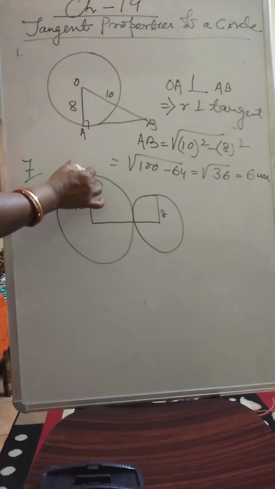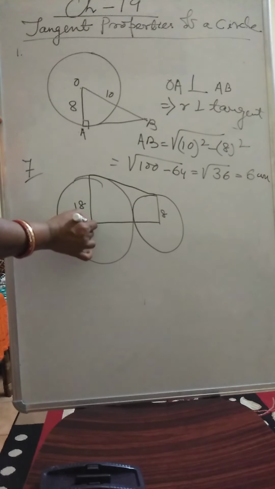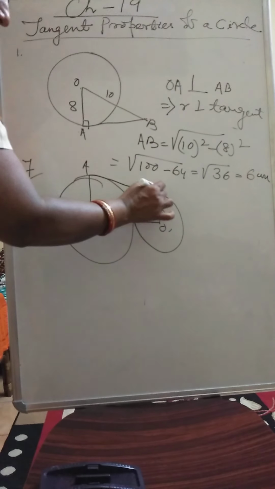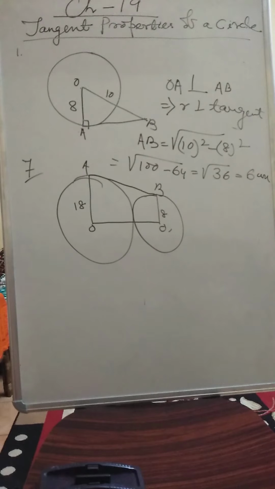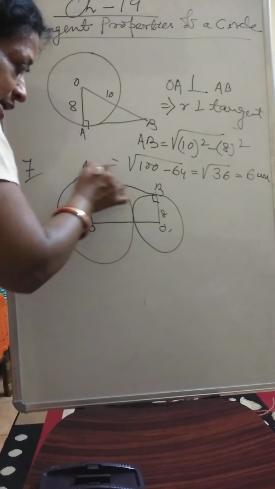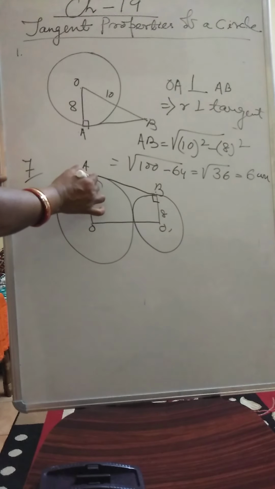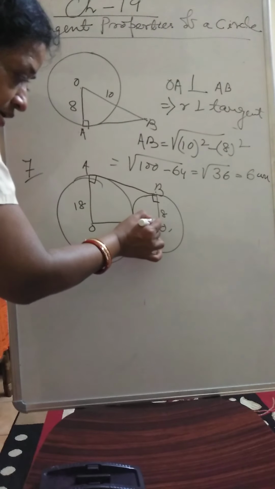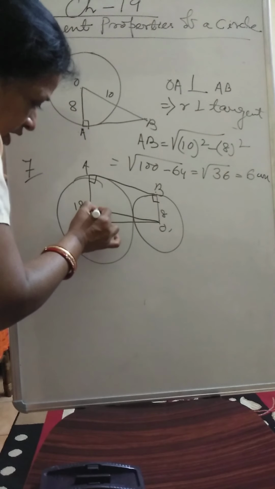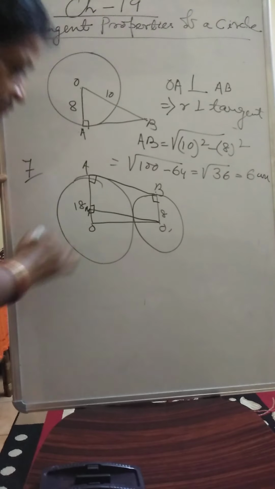This is the direct tangent. This is O dash. AB is the tangent, the direct tangent. Now see, children, I can write O dash BA is 90 degree, because the radius is perpendicular to the tangent. You take the construction, this one is 90 degree. Therefore, this is also 90 degree.